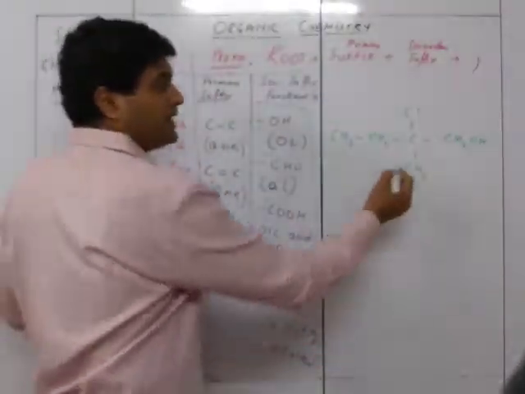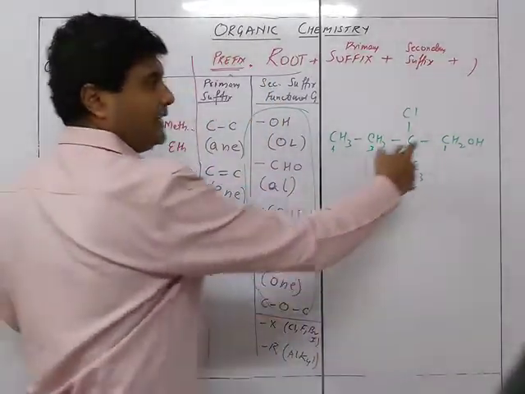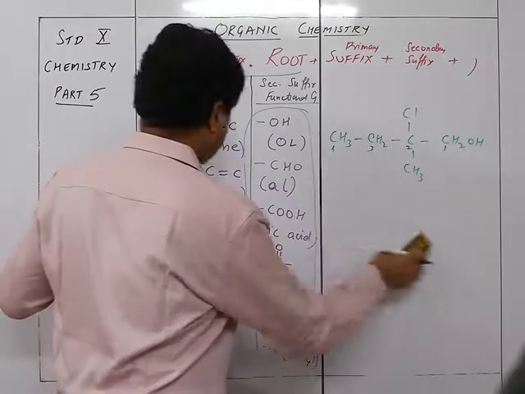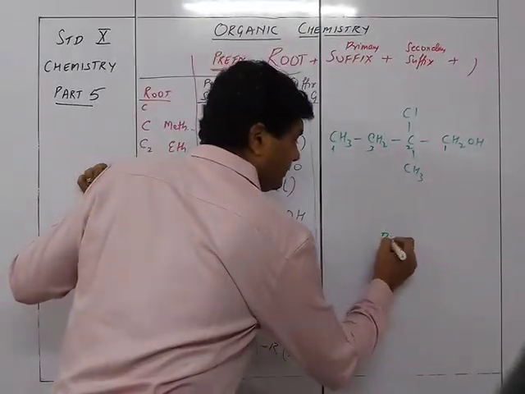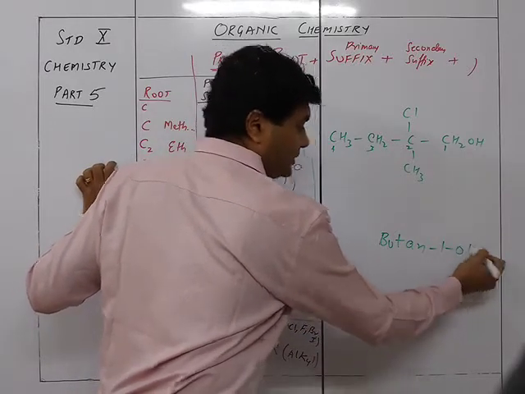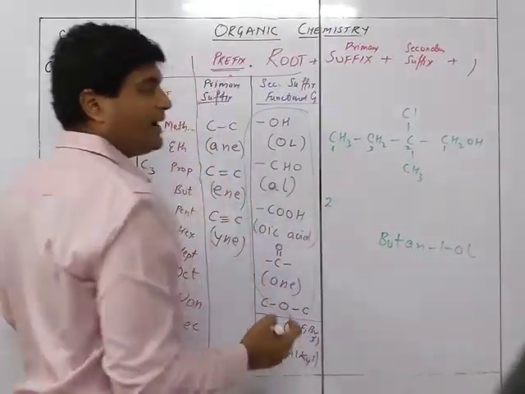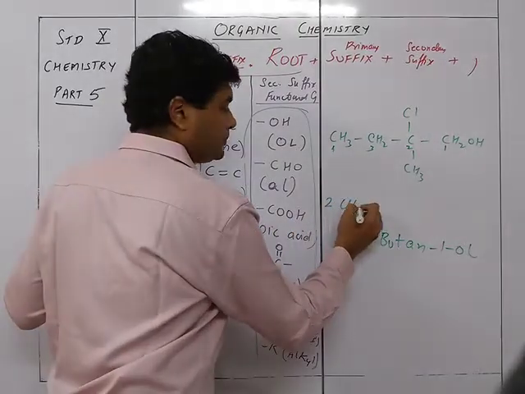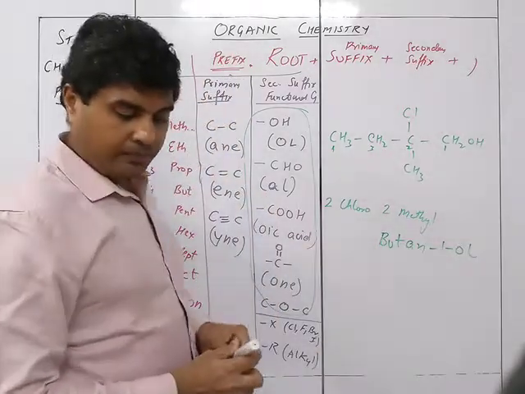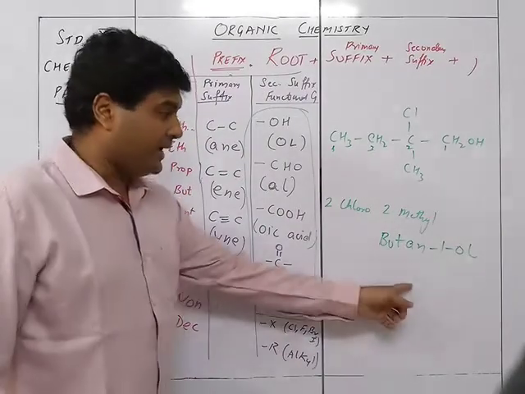And here remember that this also is a part of the chain. So 1, 2, 3, 4. It will be like this. Accordingly, you will have the number as 4. So 4 it is but. So it will be butane, single bond, ane, and after that on 1 is ol. So butan-1-ol. Now we have got this 2. Now we are going to write it alphabetically. So it will be 2-chloro, then 2-methyl, and then butan-1-ol. So that's why the name of this particular compound will be 2-chloro-2-methylbutan-1-ol.